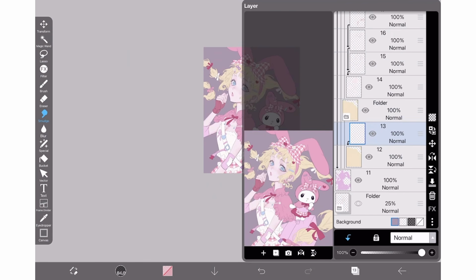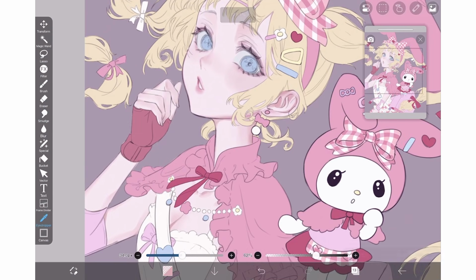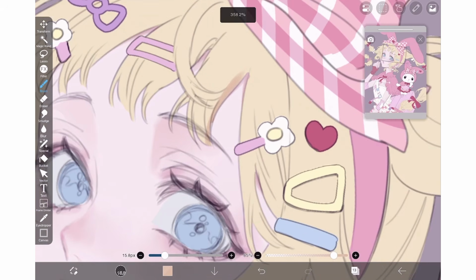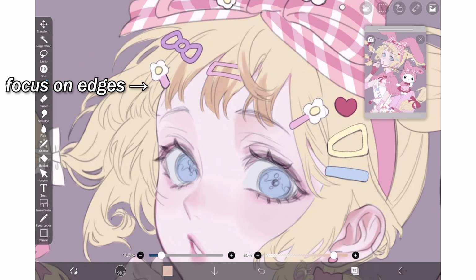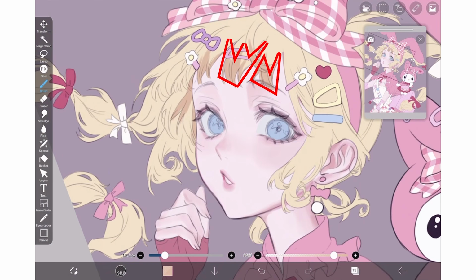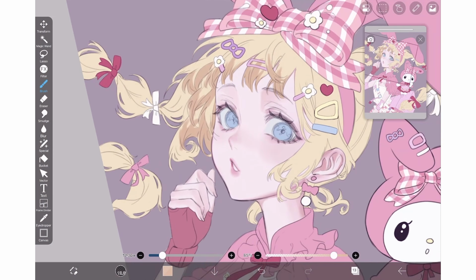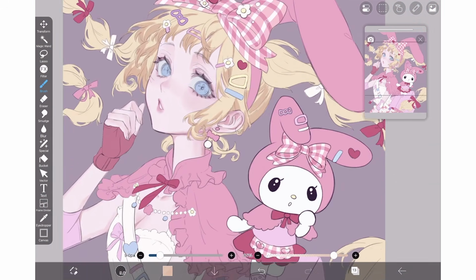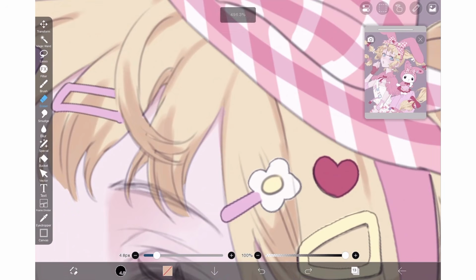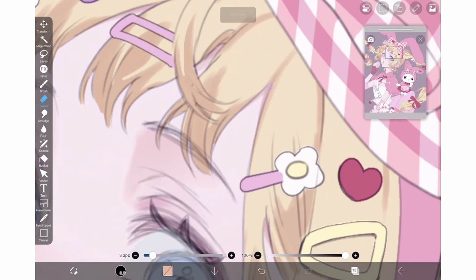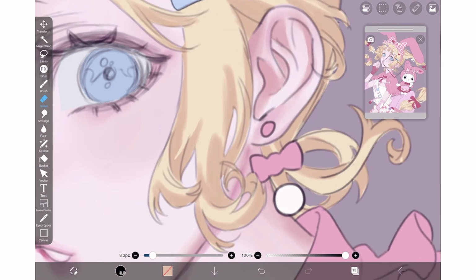Alright, so the first thing we're going to want to do, according to the tutorial, is select a darker color and start adding shading to the hair. It looks like you're going to want to focus on the edges of the hair as well as some areas that will incur darkness naturally. You're generally going for these triangle types of shapes here. Next, you'll want to erase away some parts of that shading with a small pen brush to create strands and shapes.